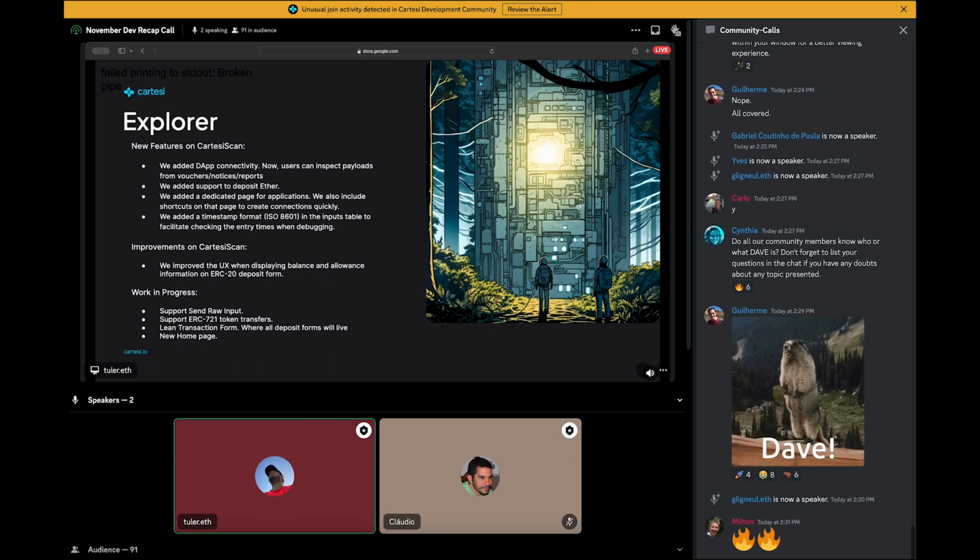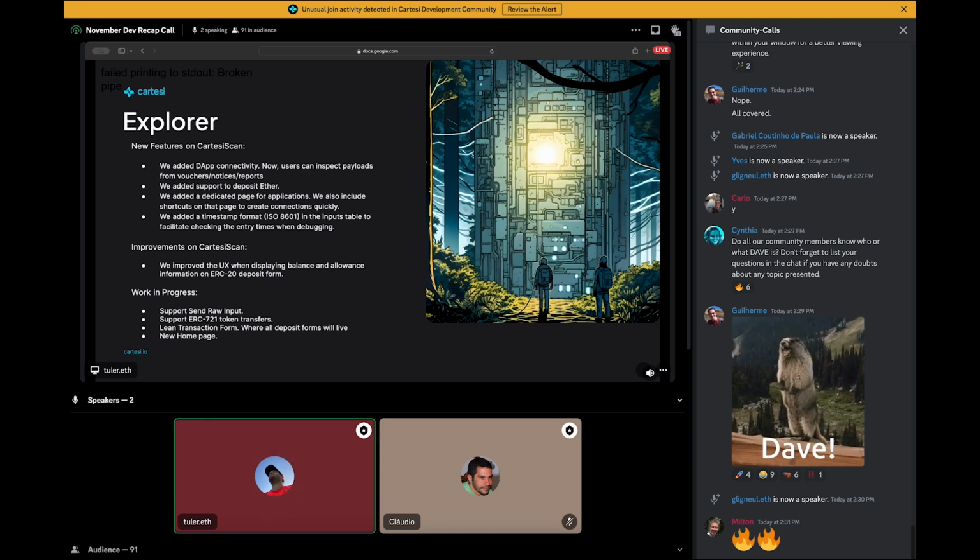We also added support to deposit Ether, in addition to deposit ERC20 for applications. There is now a dedicated page for applications, and using that page, you can quickly add new connections to check the outputs of the applications.